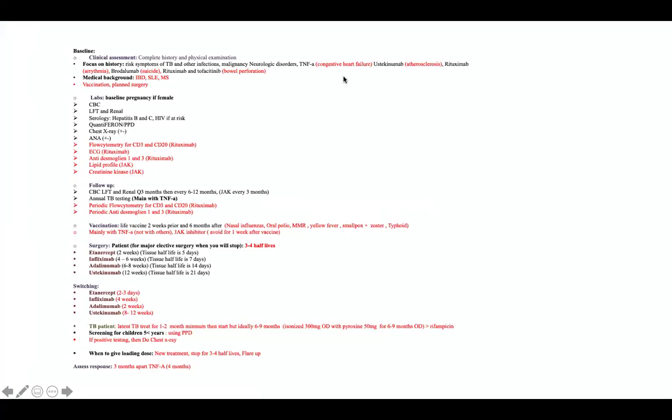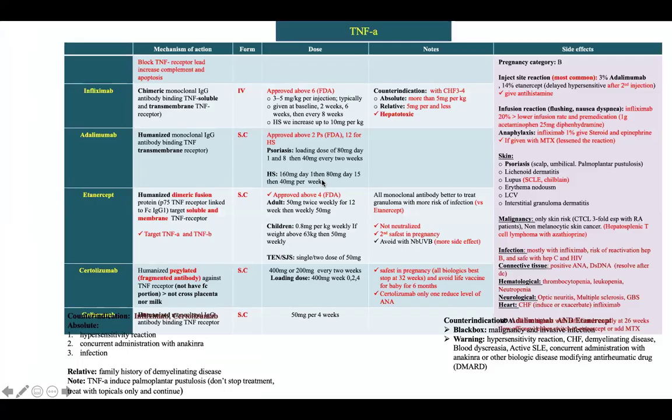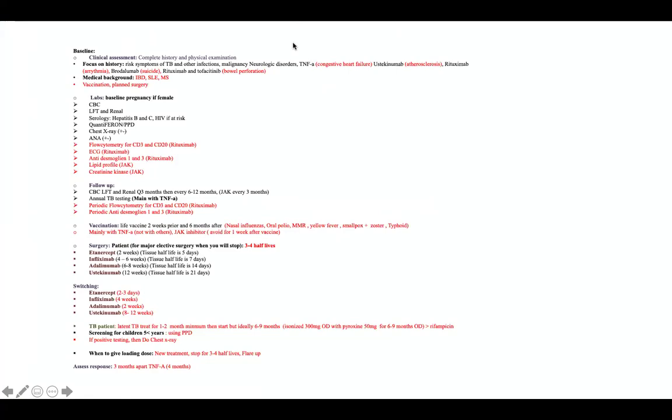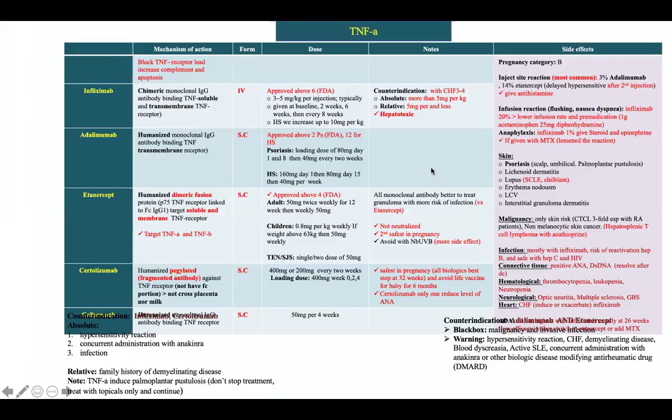Okay. So each slide, he put the most important information for you all. Like here, for example, he will start with the biological therapies, like anti-TNF alpha. So he put all the medications here. He put the mechanism of action, the form, the doses, any important note, and the side effects. This will become very handy in the clinic. Everybody should download his slides and keep them in his phone because you sometimes need a quick review or quick information about the drug that you are going to give.